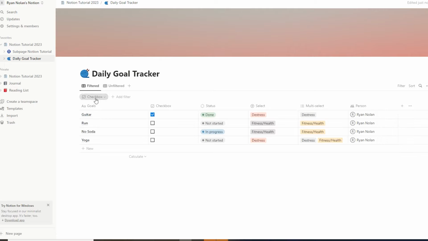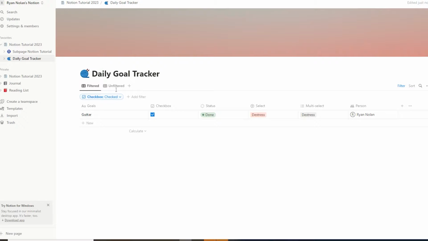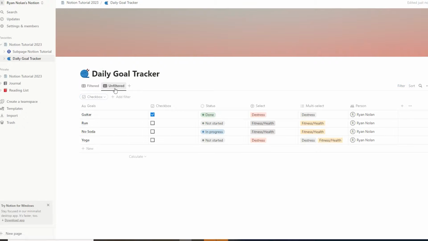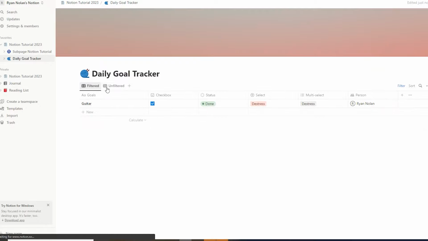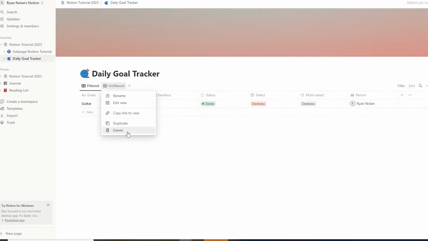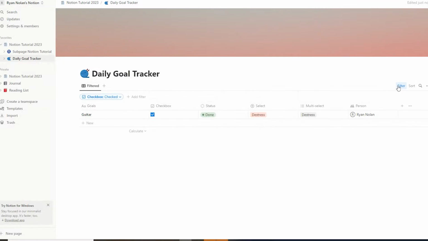Right, so in my filtered view, I want to filter out everything that is checked, and then my unfiltered shows everything. So a few different views that you can have associated with that. There are a lot more views too, which is kind of cool, but we're going to add in one more column before that. I'm going to delete this unfiltered table, delete this view,